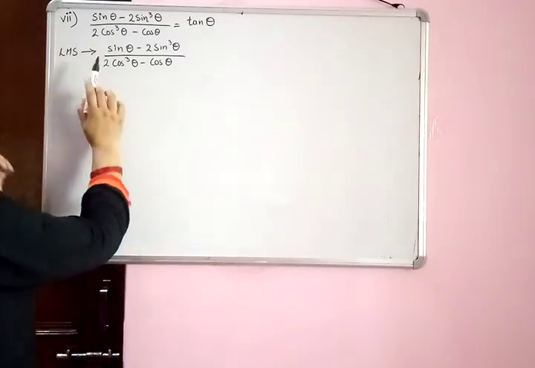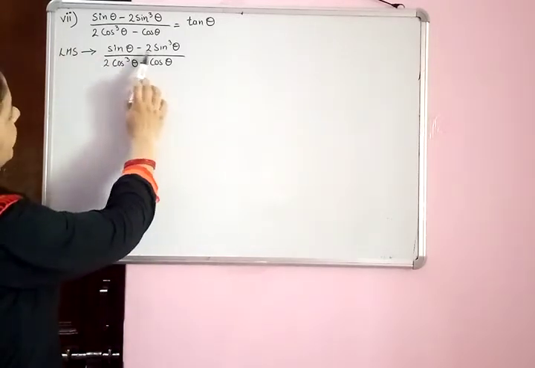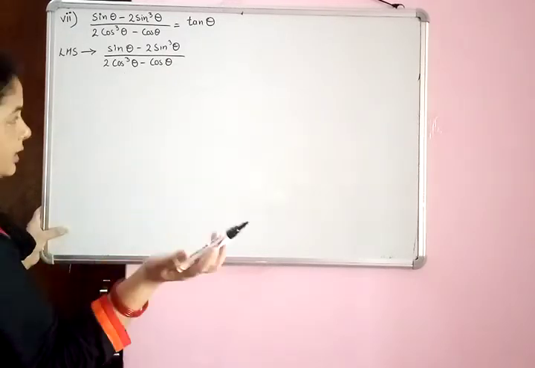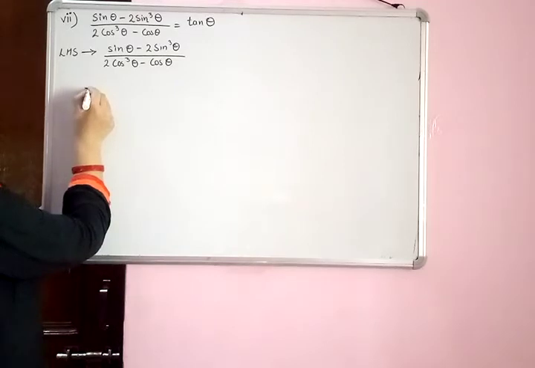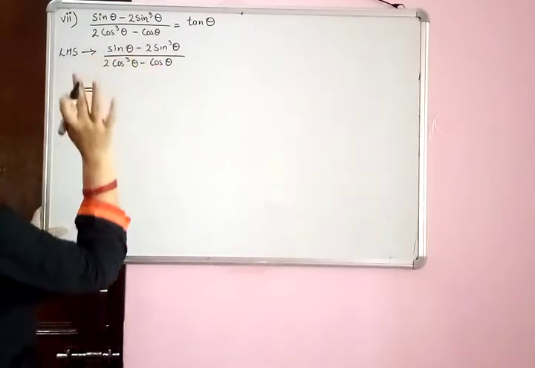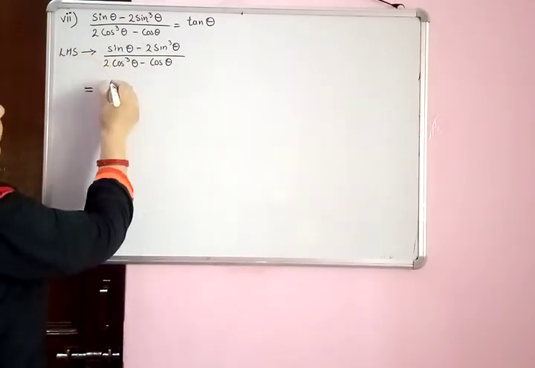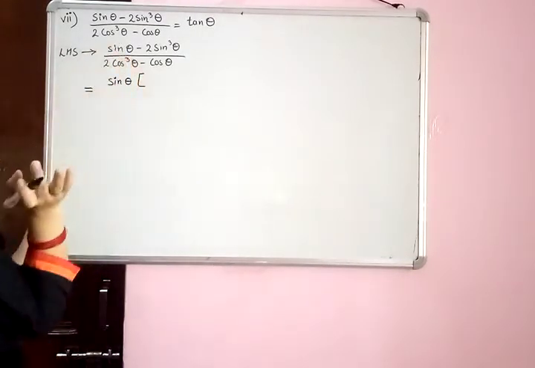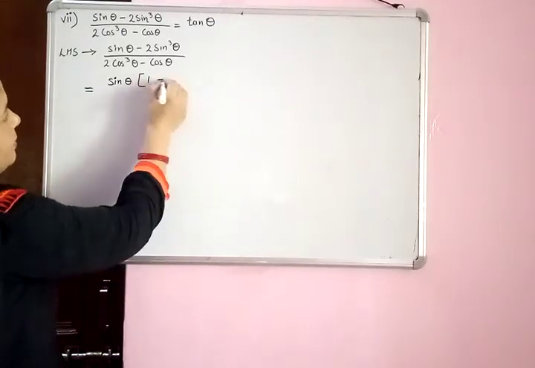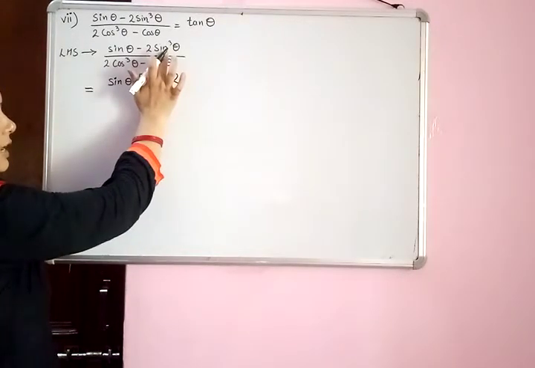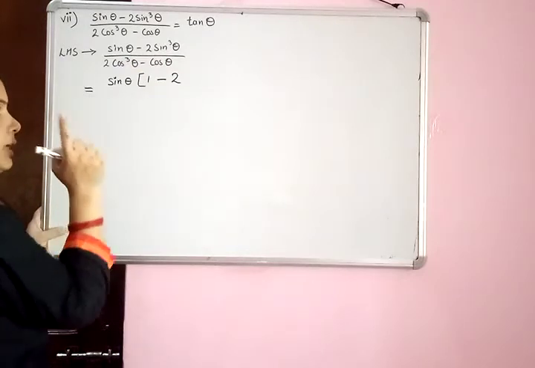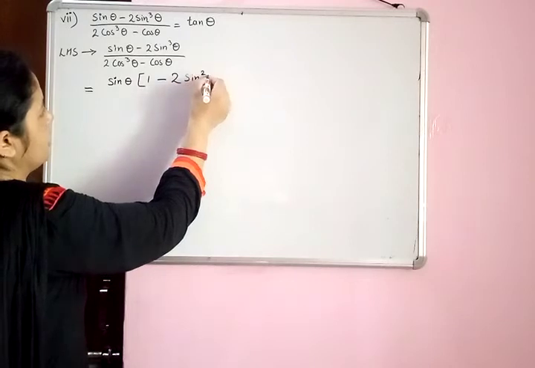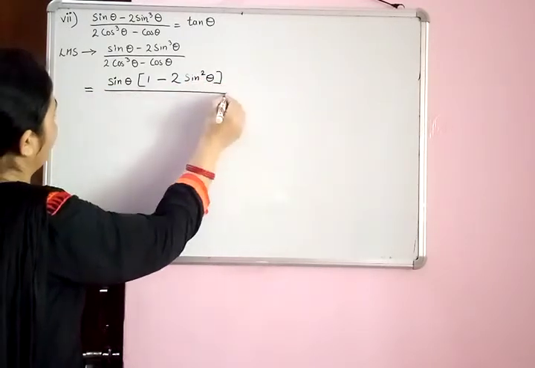And what we can do in our left hand side, as you can see, in the numerator you can take sin theta common, and in the denominator you can take cos theta common. So let's take sin theta common from the numerator and cos theta common from the denominator. In the numerator, sin theta common, then we have 1, then minus 2. Here we have sin cube theta. If you take one sin theta common, then sin square theta will be left. So 1 minus 2 sin square theta upon